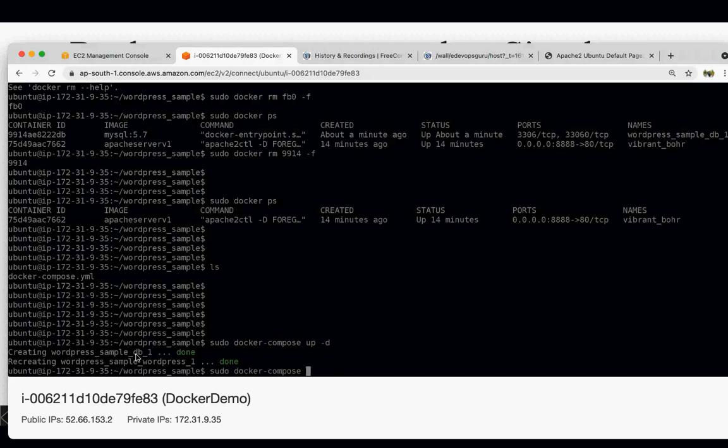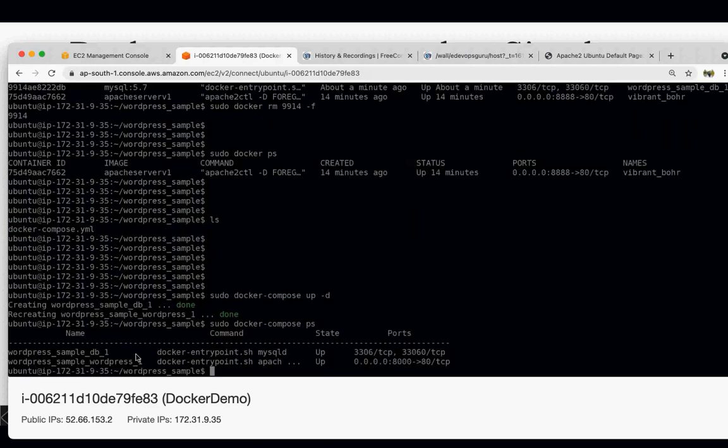If you see it here, ps, now you will see the WordPress site is up and the database is also up. These are available on port 8000 and the database is available on 3306.